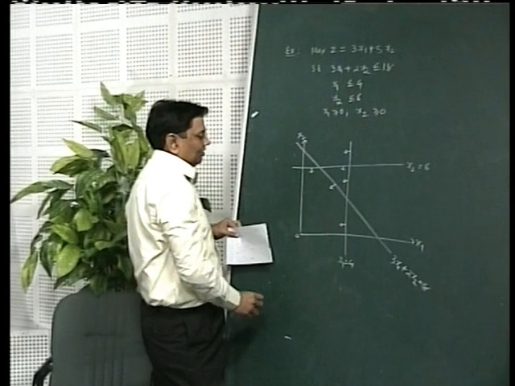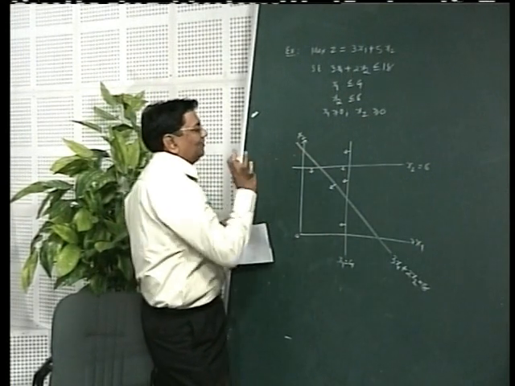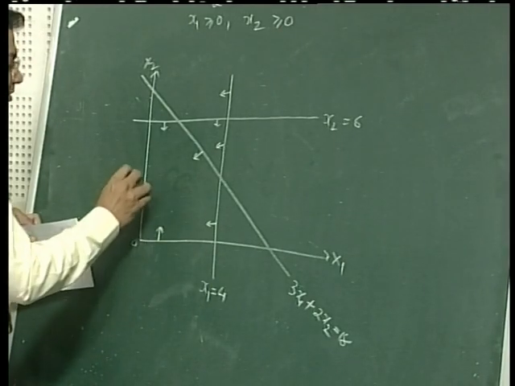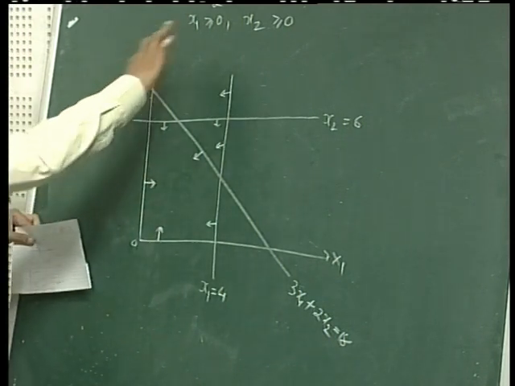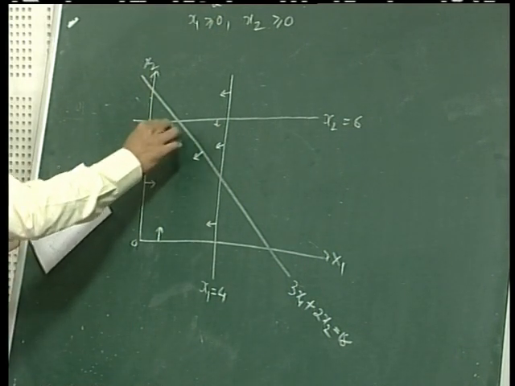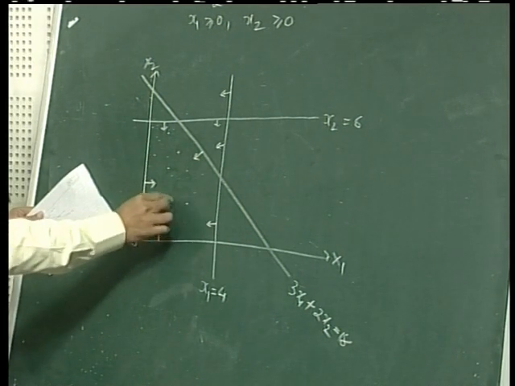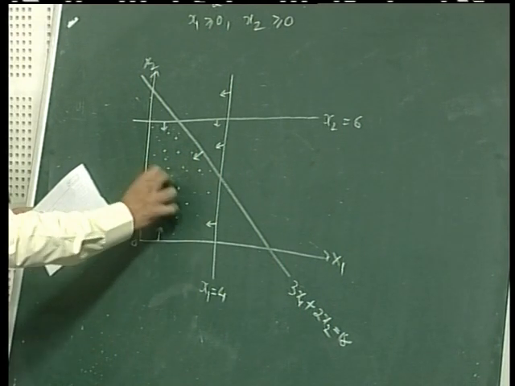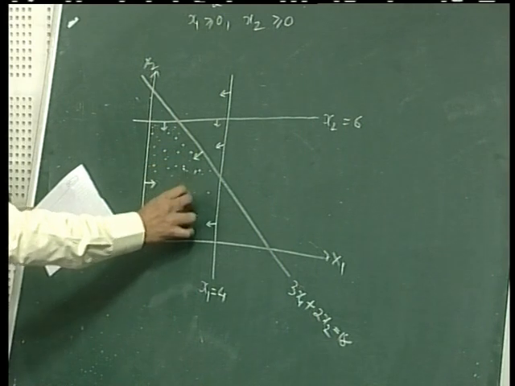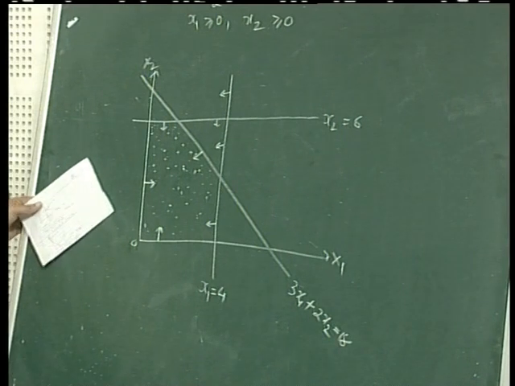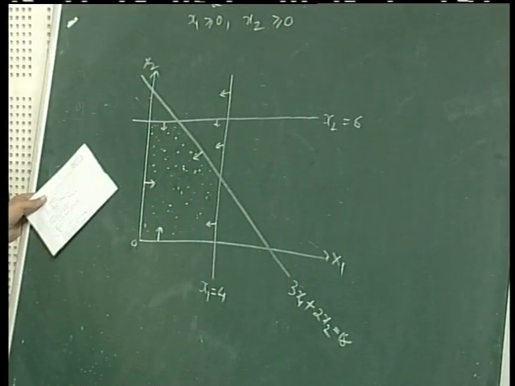And then x1 greater or equal to 0. Generally all the LPPs will have their solution space in the first quadrant only, and that's why we are never on the negative side. So they all fall in the first quadrant. So we can get the most common region, and generally we shade it by dotting or colors or lines. So this is the shaded region, where all the restrictions, constraints are satisfied, and where the non-negativity is also satisfied.